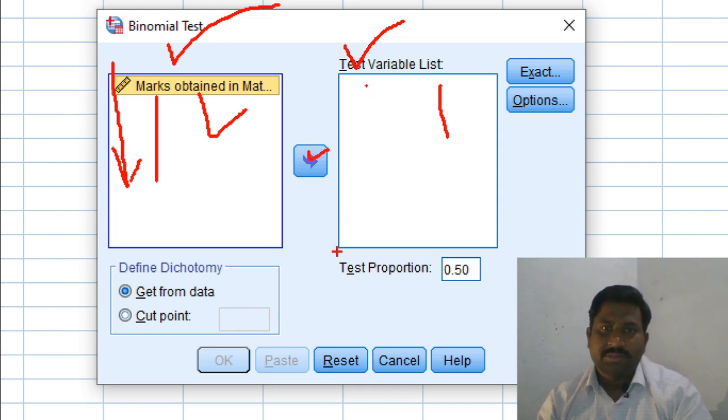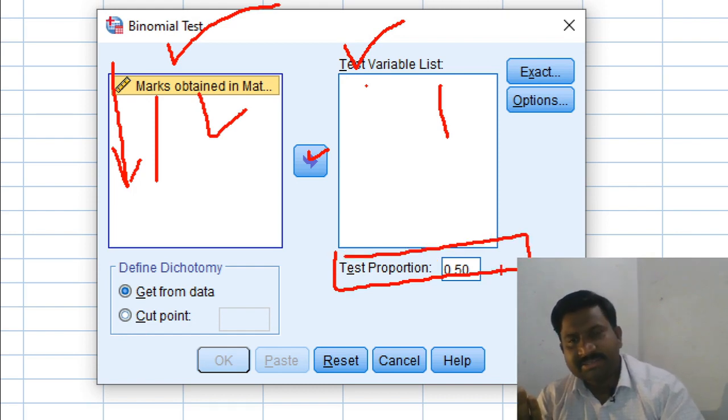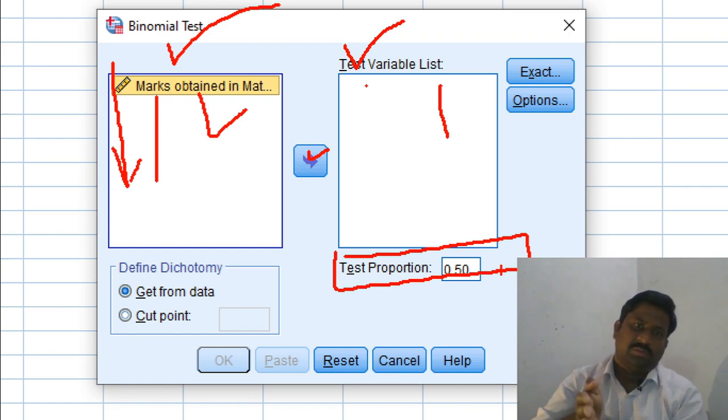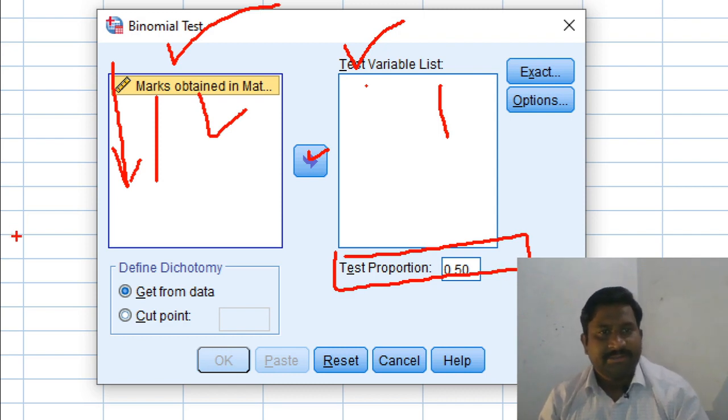Here are two things. Test proportion: because it is for a one sample test, we generally use 0.50, so that the test is applied on two equal proportions, 50% and 50%. Here is the dichotomy, so we put a cut point.